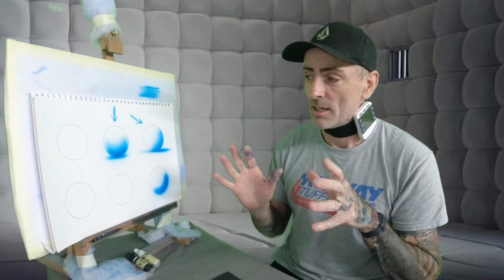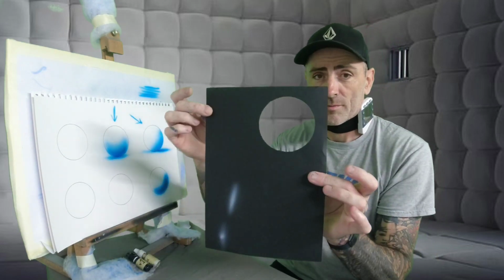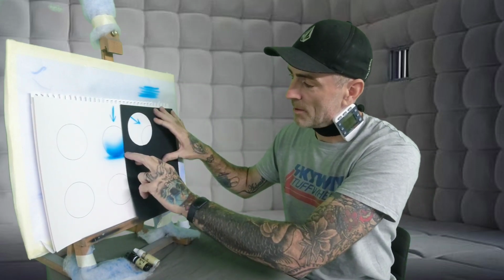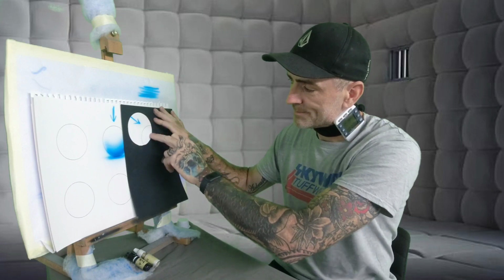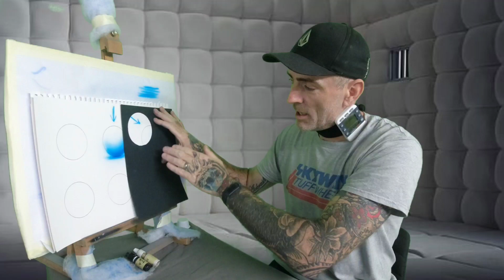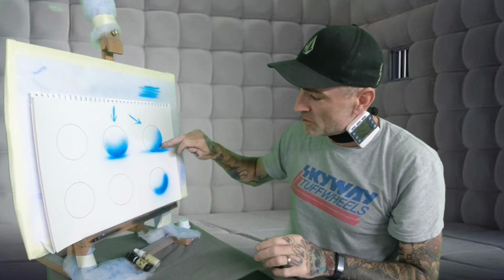But this one's just been a basic bit of shading for you. I could go on and on with this, but I'm just going to keep it short, simple for you guys to pick up. Practice your spheres like this. Cut out some circles. You can hold your mask up, just masking tape it to the piece of paper, work within the circle, pick your light source coming on an angle, and just practice your darks to lights, your distances